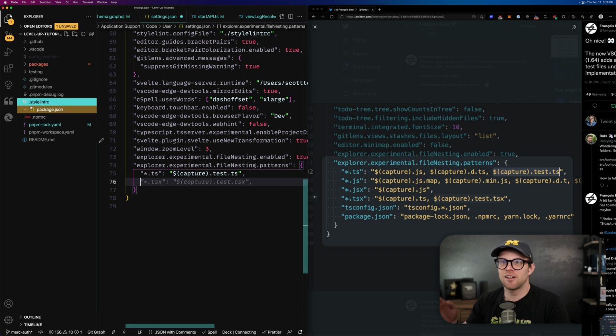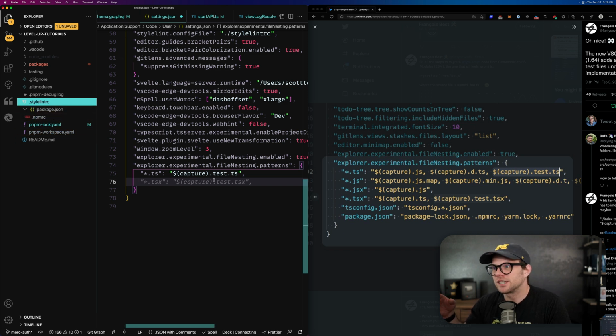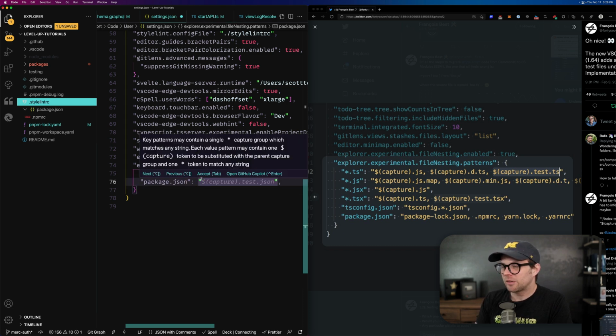But I have all these files, pnpm lock.yaml, pnpm work. Like, I don't need these files visible in npmrc. I would love all of these to be tucked underneath package.json. And so you can tuck any file under any other file simply by saying, hey, I have a file parent named package.json, and the things I would like to tuck inside of it are an array, well, not an array, a comma separated string to say